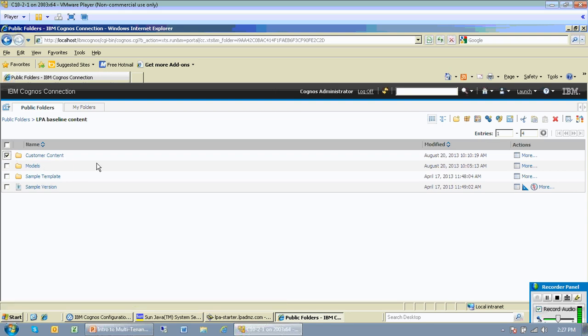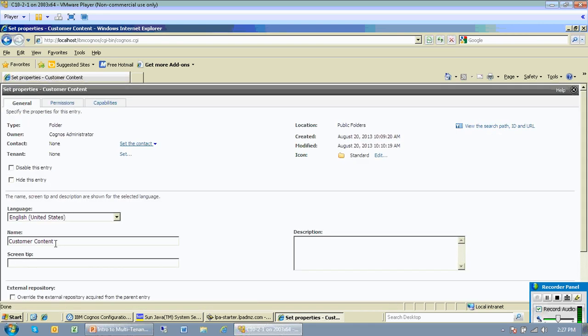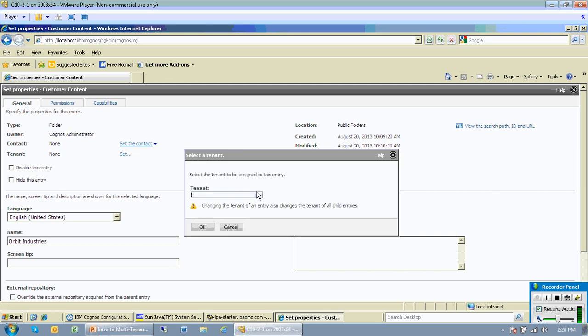This customer content, this is what I'm going to copy and create for Orbit Industries. So I'm going to paste it up here. And I'm going to rename it. And I'm going to set the tenant ID on it to be